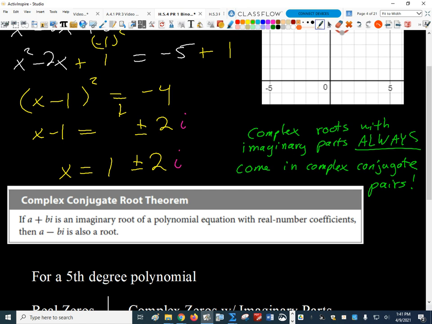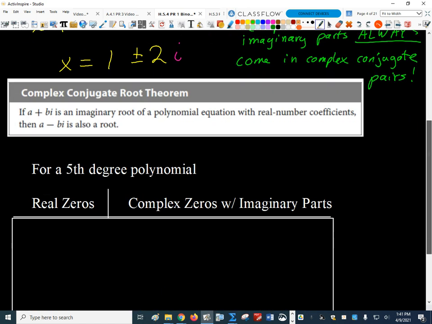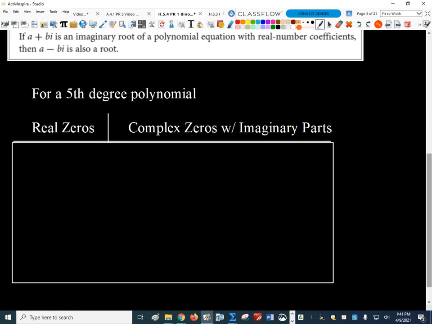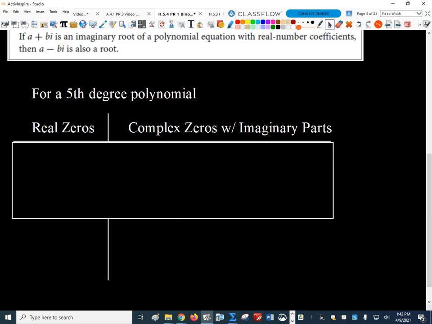So then if complex zeros or complex roots always come in pairs, that gives us a little insight into the possible kinds of solutions we can get to any polynomial. So if we have a 5th degree polynomial, how many complex zeros is that guaranteed to have? Absolutely guaranteed. It's going to have 5. Guaranteed. It has to have 5. Okay, so what could those be? Well, they could